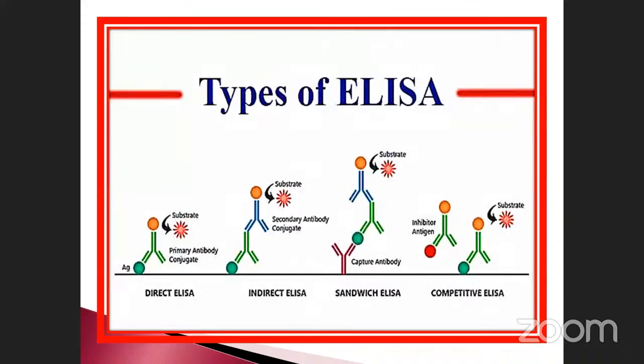Types of ELISA: direct ELISA and indirect ELISA. That's why I told you, sandwich ELISA and competitive ELISA. These are the four types that have been given. There are four types that have been reported according to their mechanisms, how they act. Even so many diagnostic companies, like Dr. Reddy's, also make these. So many things are there.